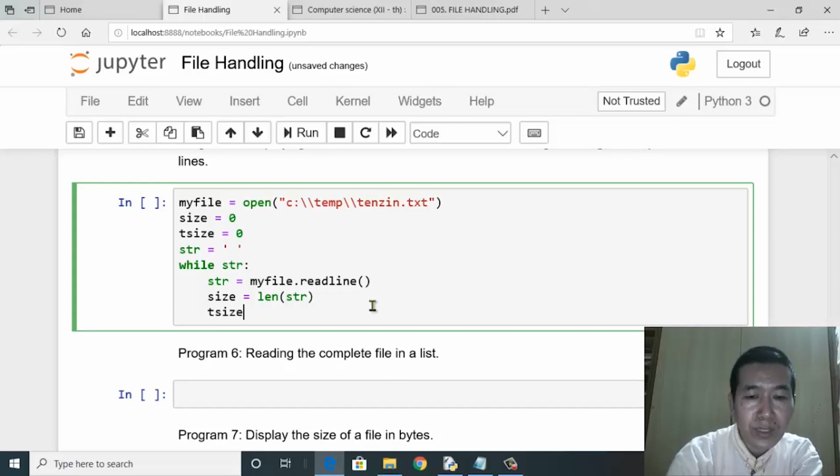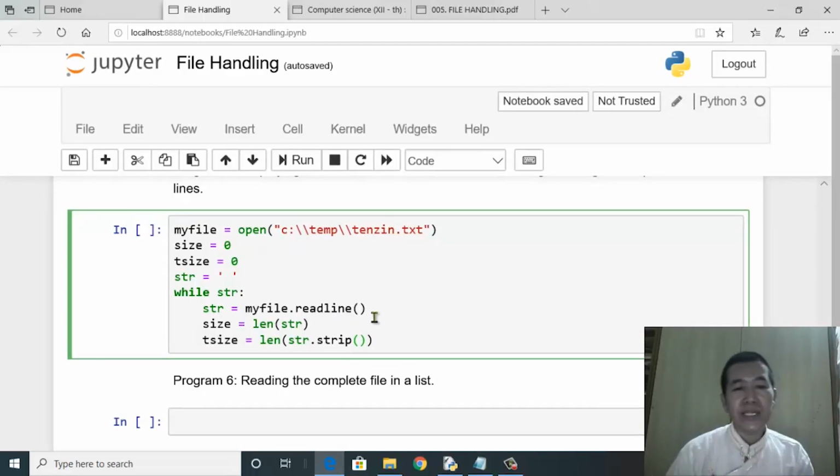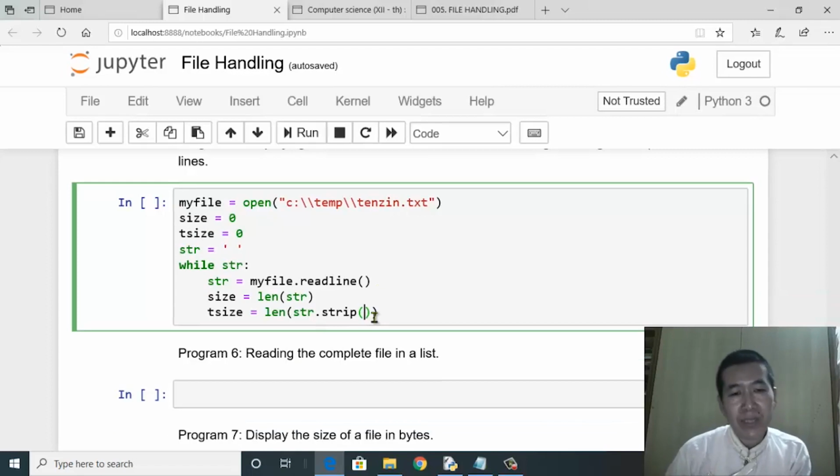t size equals len of str, and then I'll use another function by the name of strip. Okay, so this function strip means to remove. This strip function will remove all the leading and the trailing. Leading means the spaces which are in the front, trailing means the whitespace characters which are at the end. But in between the characters, the spaces will not be stripped or removed.